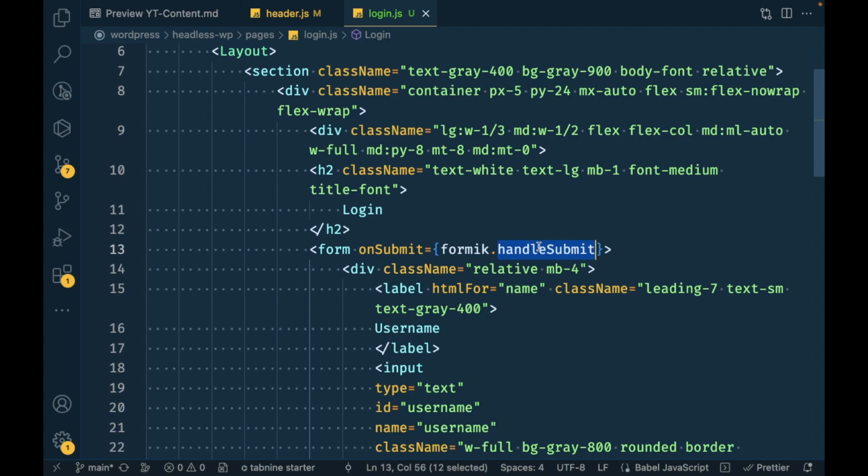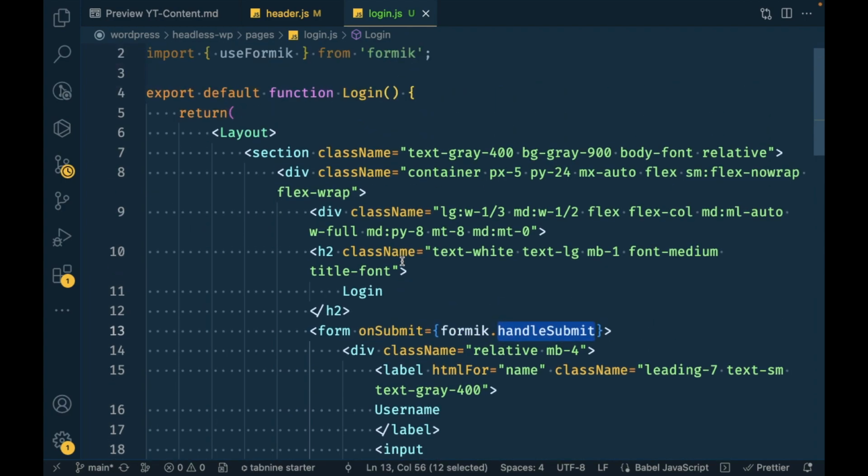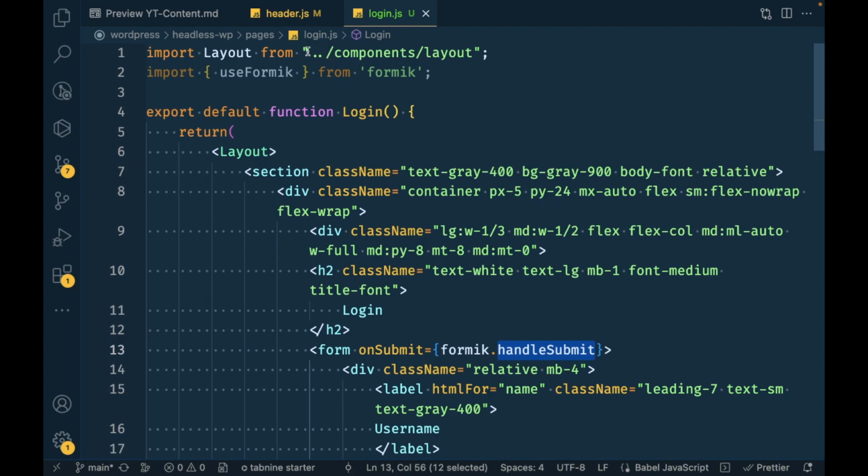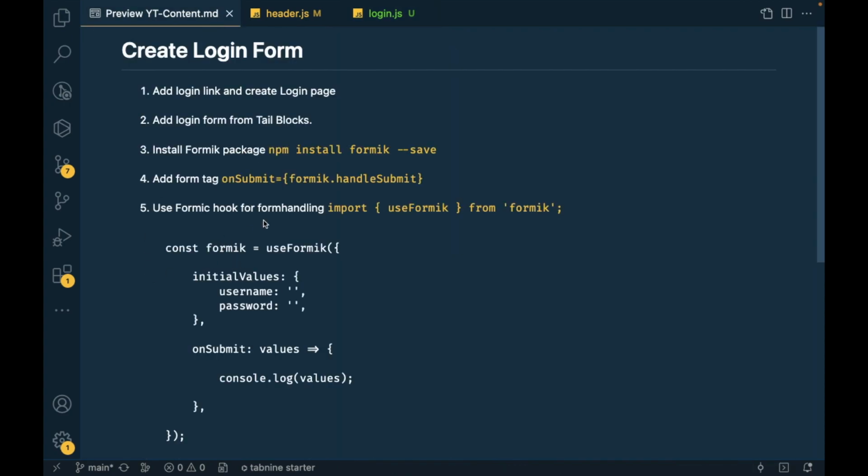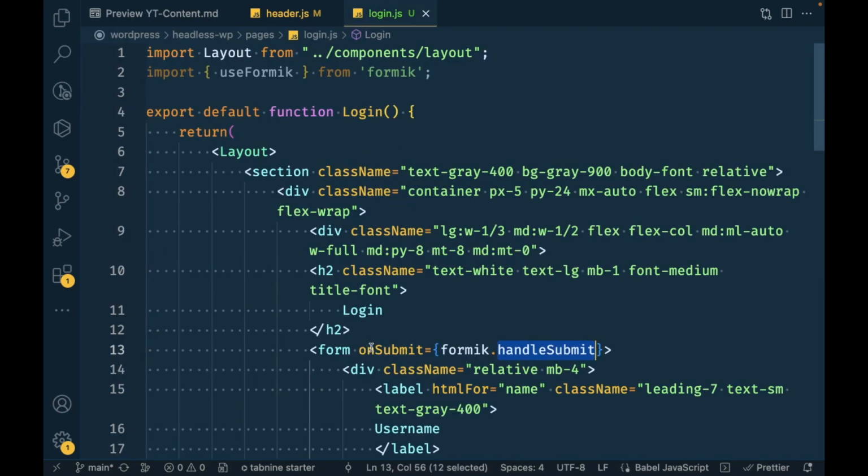So it handles automatically in the background whenever we submit the form. It handles the form submit. Now we have to use this useFormik hook for form handling. By adding this line, we tell the form to use formik to handle form submission, and now using useFormik